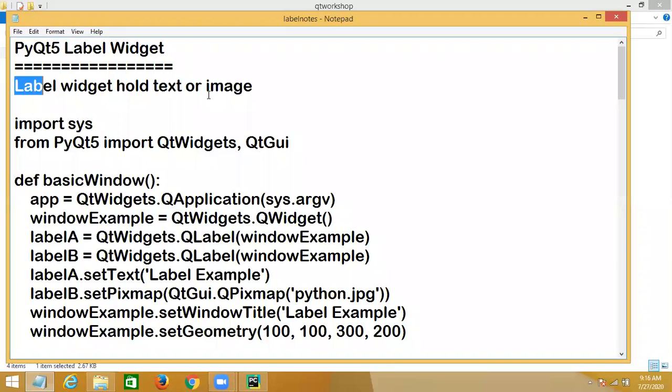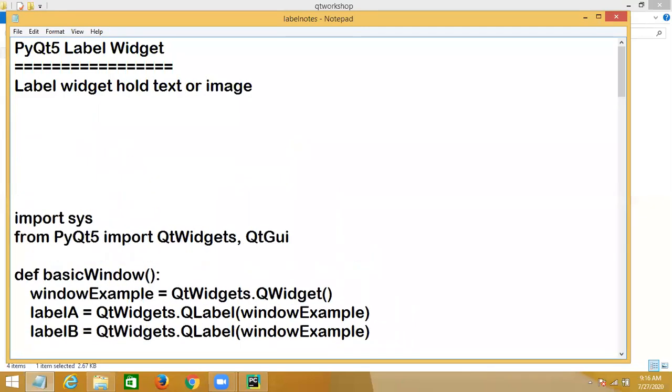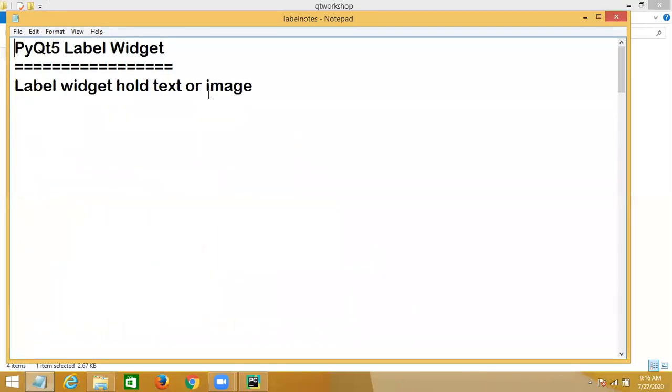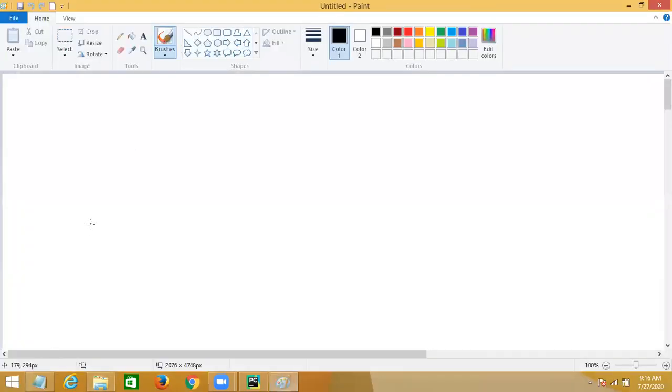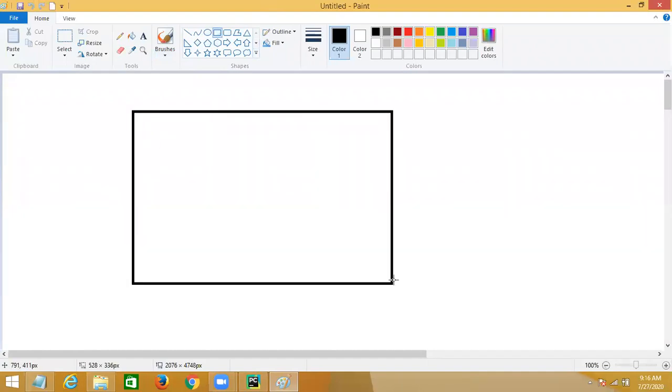Okay. So generally a label widget holds text or an image. So what exactly is a label? In application development, a label is a display item. A label is used for displaying. Suppose you are developing a login.